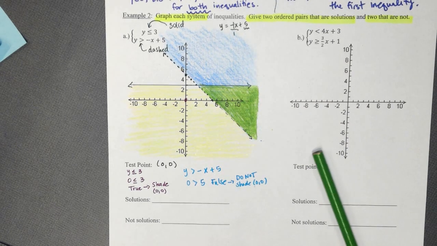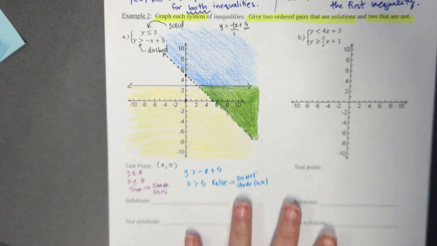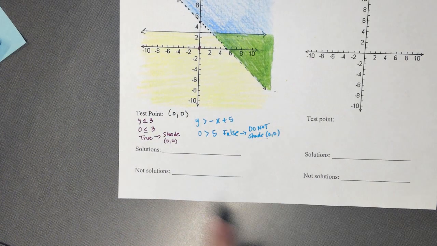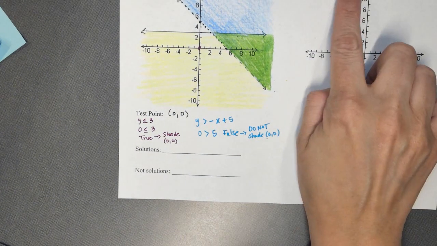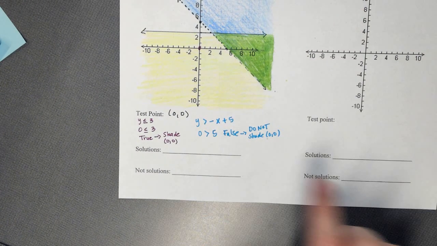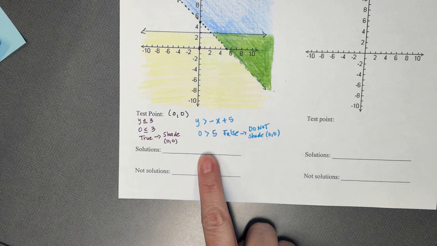Okay, all right, so once you've colored that in, now when you are giving two ordered pairs that are solutions,